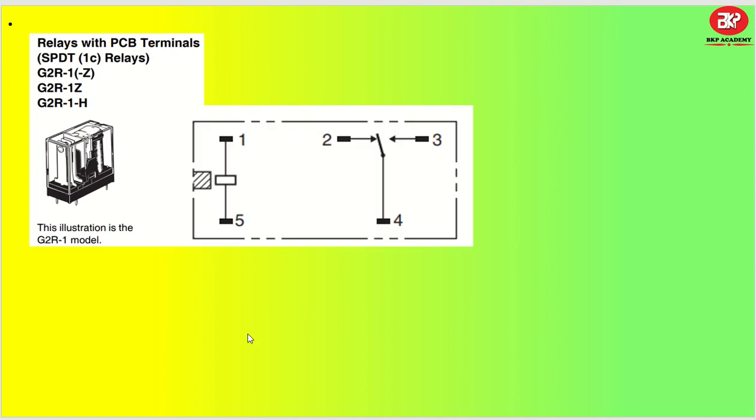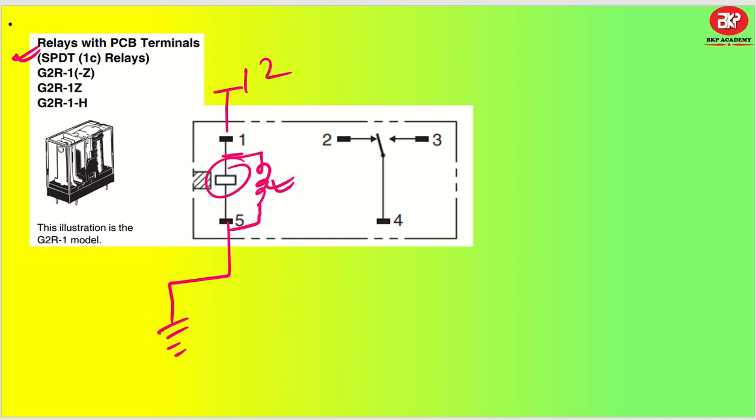Let us try to understand some other configuration. So this is single pole double throw. Okay. So this is just one pole you can see, and it is double throw, meaning one is this side, one is this side. Understood? So if you want, you can utilize two applications, but what we'll do right now is, once you give power to this and this gets grounded, in that case this is the coil. Okay. So this coil will get charged or excited, and once it gets excited, the switch that is connected right now on pin number 2 will get connected to pin number 3. Understood?